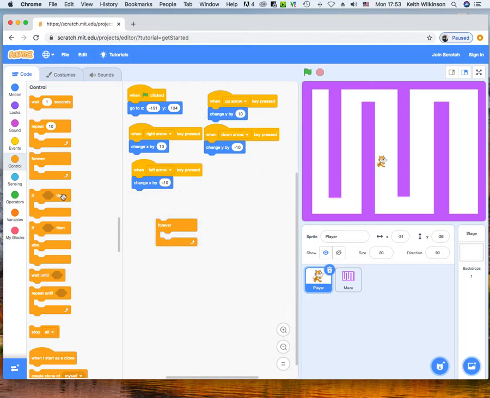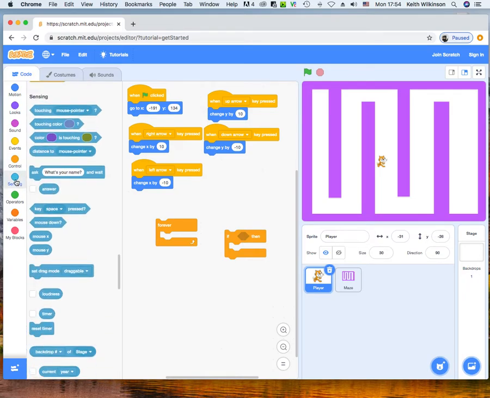And what I'm going to do is pull out this if. Now, this is a loop which is going to go on forever and ever. And this is called a selection. So I'm going to select what happens if whatever's in this diamond box is true. And in this box I'm going to have